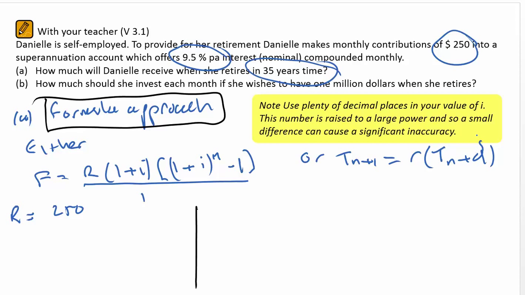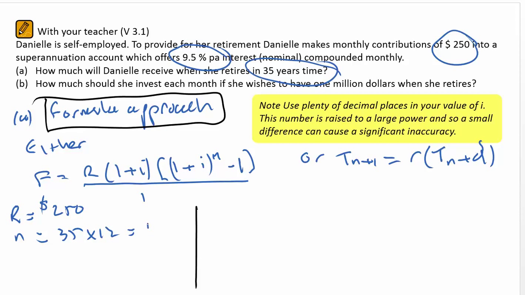Both are acceptable. You might find it actually easier to use the equation, as screens can occasionally appear to freeze when we make use of the sequence notation, particularly when we're dealing with 420 entries. Working this through, write the equation, list your repayment figure, and then work out the number of payments. Now this is happening for 35 years,